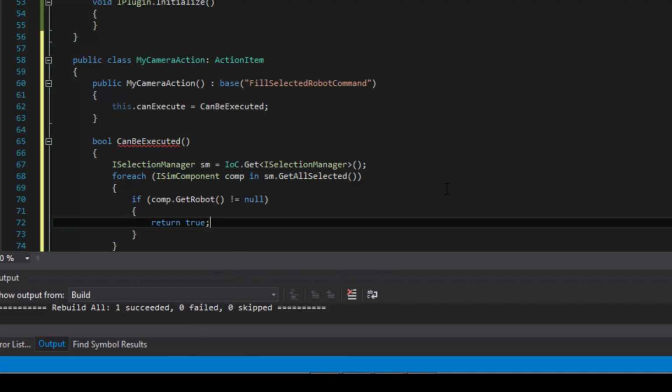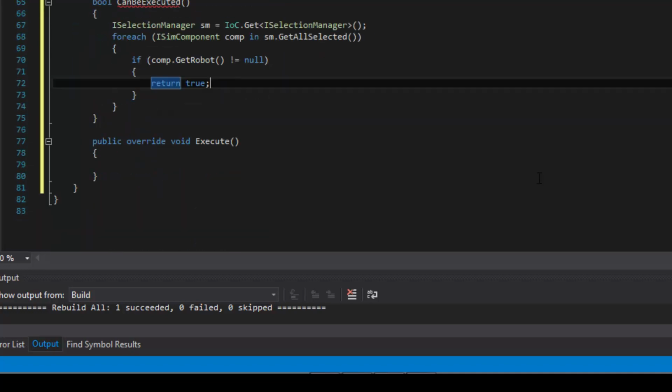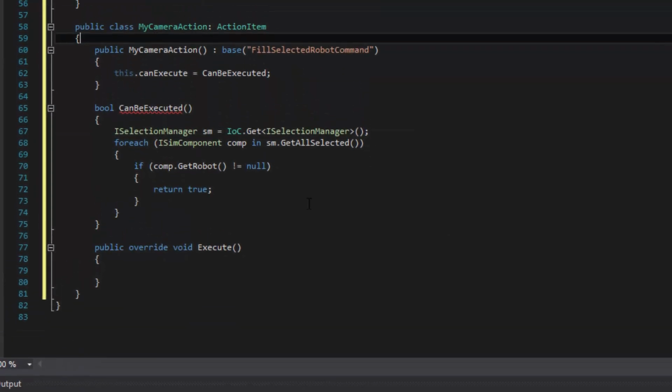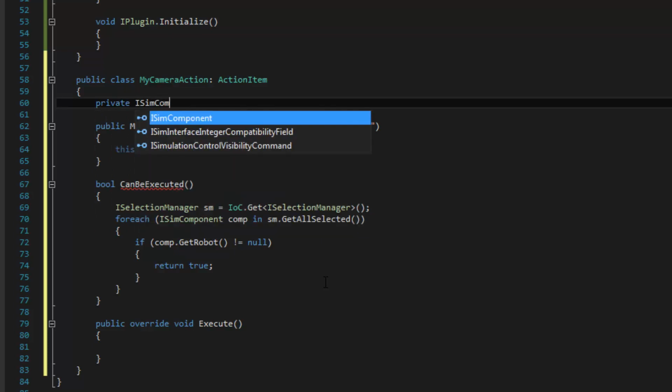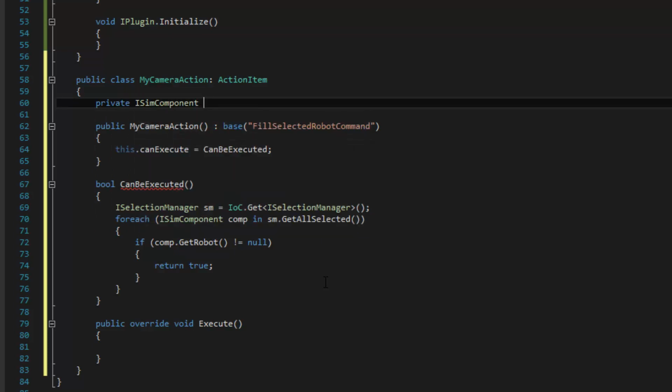But we also want to get a handle for that robot and then pass it to when we execute the action in this method down here. So let's create a private variable real quick. So private, and we can just make it an ISimComponent type. So ISimComponent selectedRobotComponent.